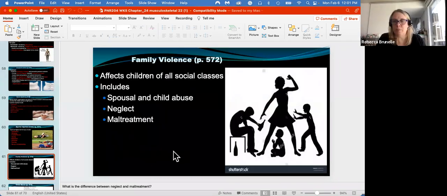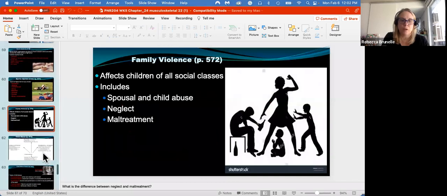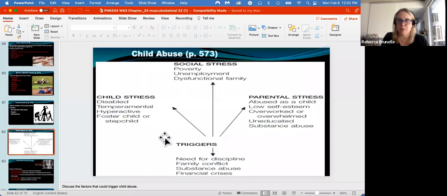So unfortunately, when we're working in pediatrics, we always have to remember that you can have musculoskeletal problems, et cetera, because of domestic violence or family violence. So in terms of child abuse,